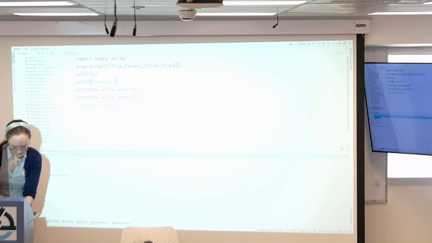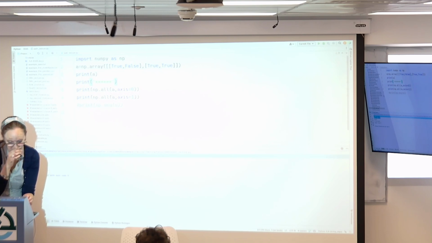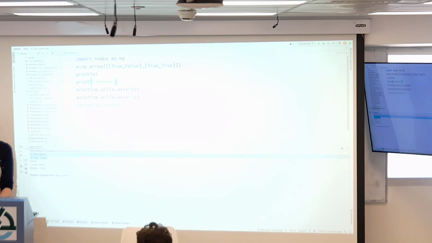There is another very important function that I wanted to show you, which is called argwhere. So let's give an example. I'm going to do it like this: 1, 2, 3, 4, 5, 6, 7, 8, 9. And then